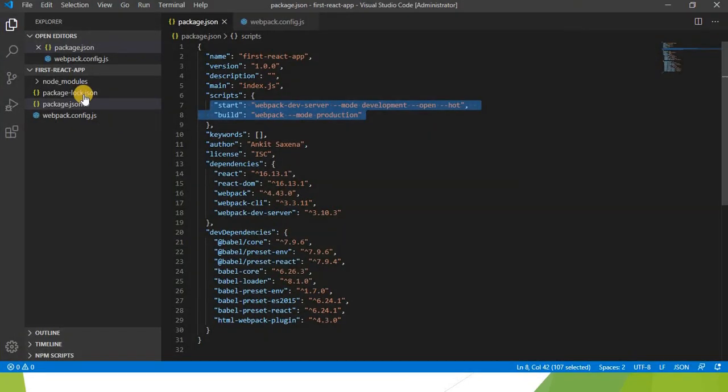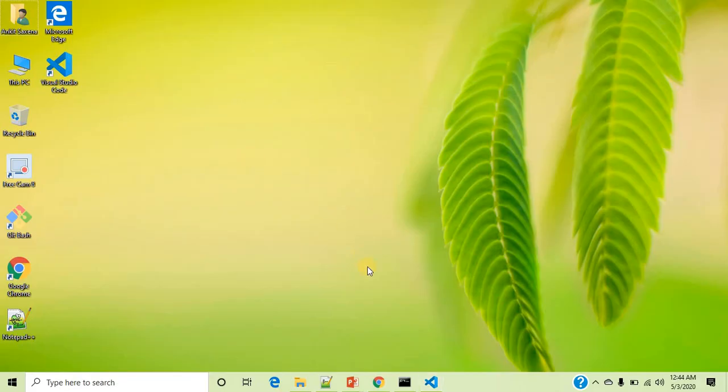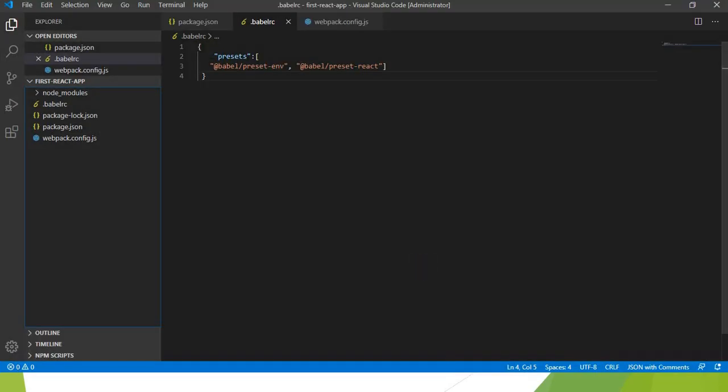Open Visual Studio and create a new file .babelrc. Save it. After configuring Babel,